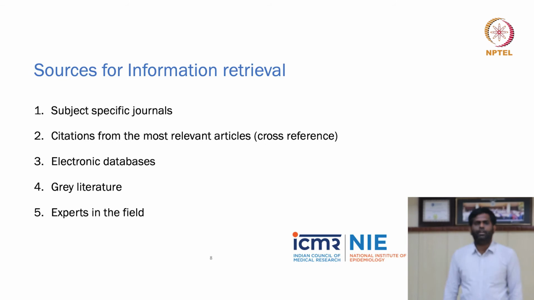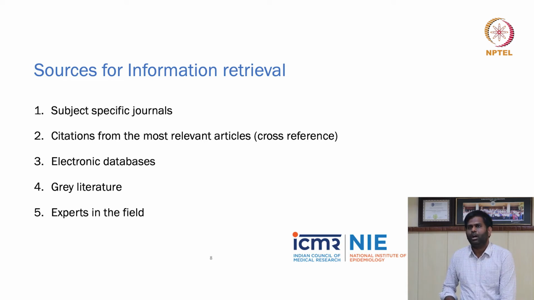So let's say we have already gone through finding a research question and fixing our inclusion and exclusion criteria. Let's take the same example of finding the prevalence of dental caries among children. If this is our research question, what are the sources which we would consider for doing a systematic review? Please think about it.